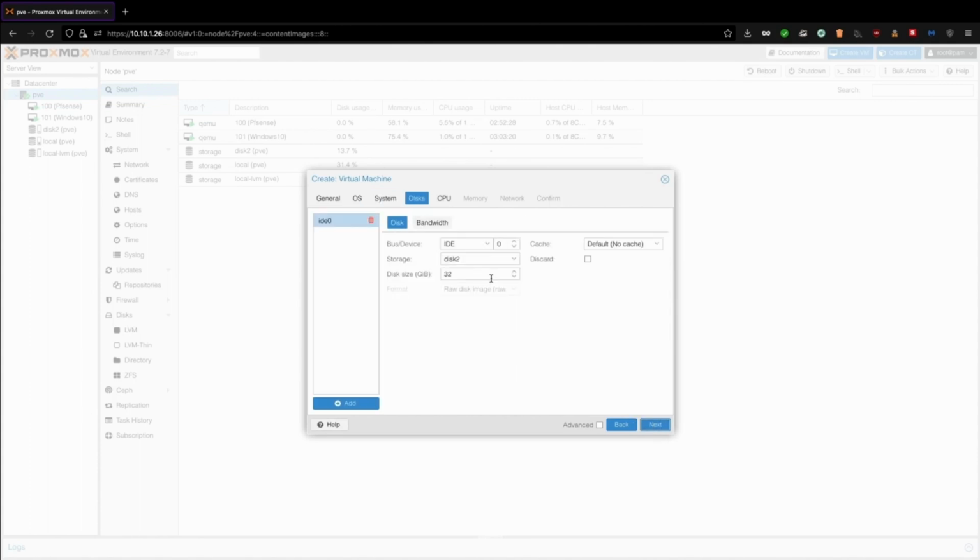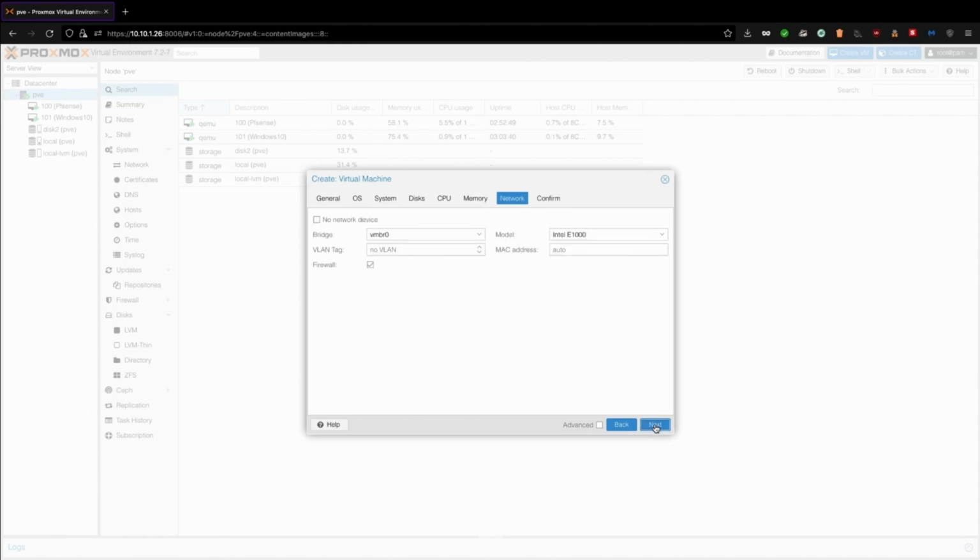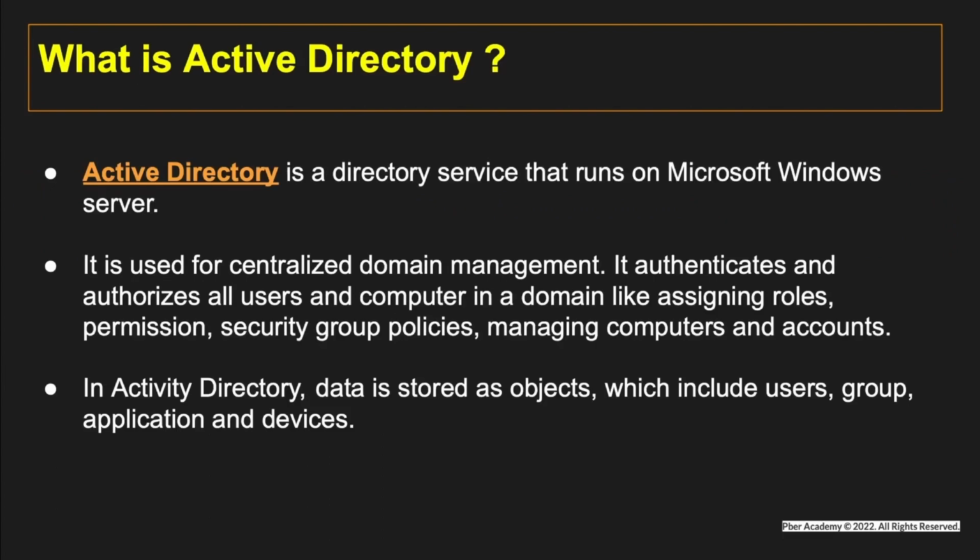Since it's an AD, I'm going to increase the size to 100 GB. Next, I'm leaving it at one core and one socket, and I'm slightly increasing the memory to 4 GB. Click next, and this should come under the network step, because if I take you to the slide,